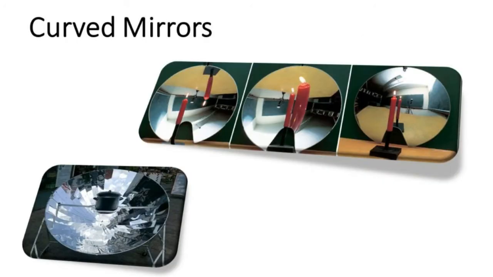We studied about laws of reflection. These laws are applicable to all types of reflecting surfaces, including curved surfaces. In our earlier classes, you have studied that there are many types of curved mirrors, such as spherical and parabolic mirrors. The most commonly used type of curved mirror is the spherical mirror.